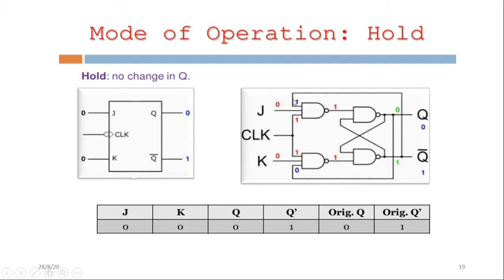So here, for JK, we have to give 0 0, then the output will come as 1 1. Then for 0 1, the output is 0 1, and we have to connect through the feedback. The feedback connection is given. Now the original value is 0 and 1, so that's what is mentioned here. When J is equal to 0, K is equal to 1, then the actual output is 0 and 1. Then after feedback, this is the original Q and Q bar, or Q dash we can say, that is 0 and 1, which I marked in blue color.